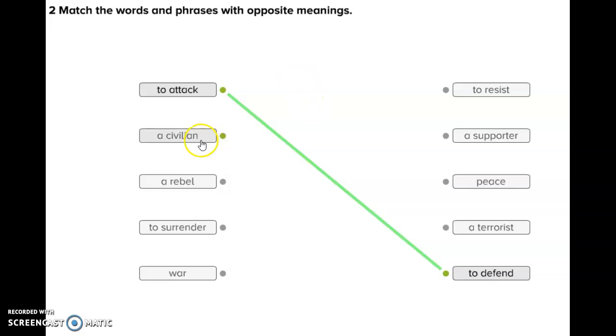Okay, a civilian, remember that is someone that is not related with the army, that is not related with that kind of forces. So if you are not a civilian, that means that you are matched with the correct one. Okay, so when you finish, go with the next exercise, that is